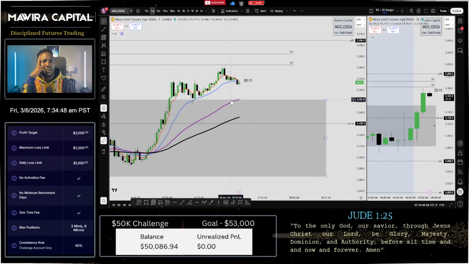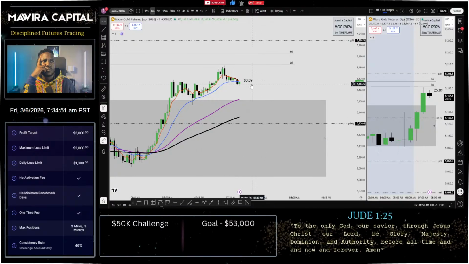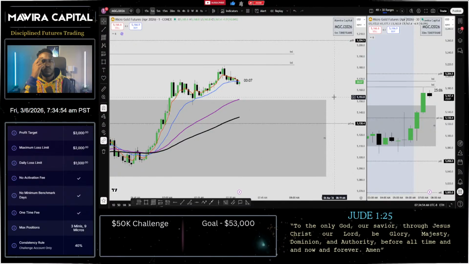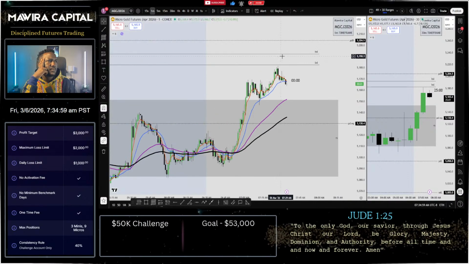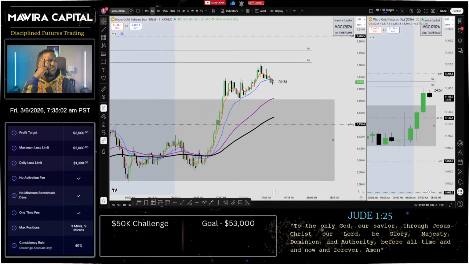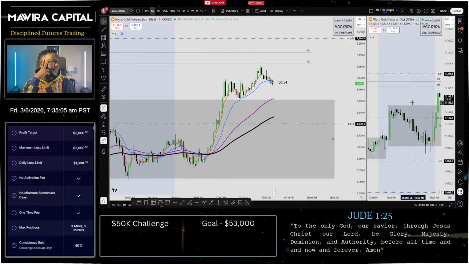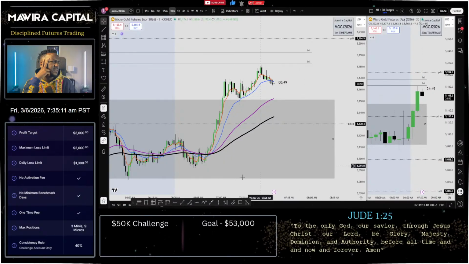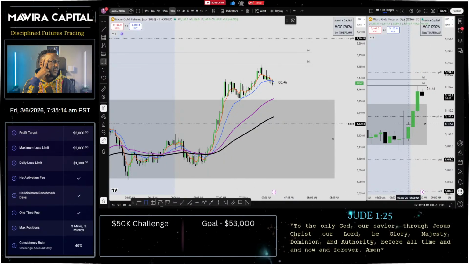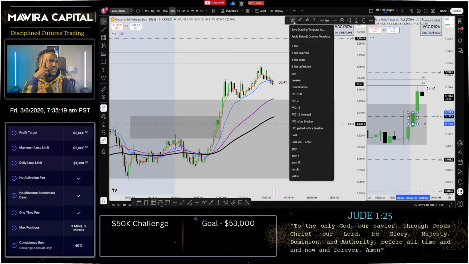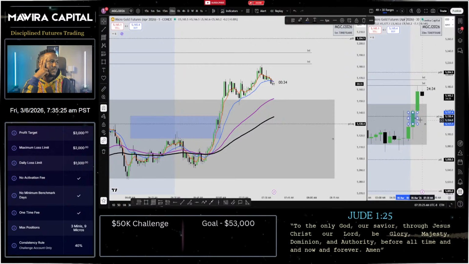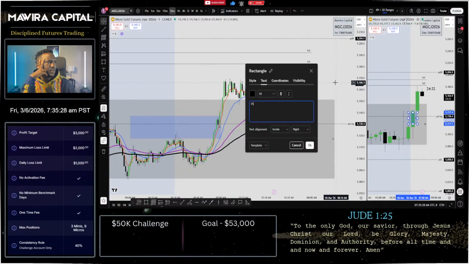The touch of that purple EMA right there. We're in. We do have some levels up here, and that could be a good trade for the day. Now we do have like a fair value gap here that I'd like us to leave open. Please do not need to come there. Just leave it open.